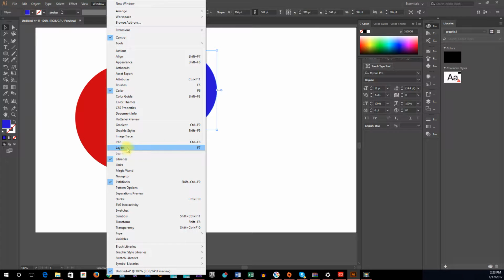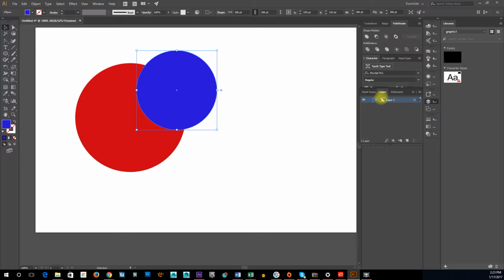If I hit F7 for layers, we can see these are on the same layer. And the layer acts like a group, so I can have multiple layers and multiple objects on that group. You can imagine in an analogy that each layer is like a sandwich with different items like the bread, the meat, and whatever, and then I can choose how I want to put them in relationship to each other. Selecting something and holding Control, or I believe it's Command on the Apple, and then